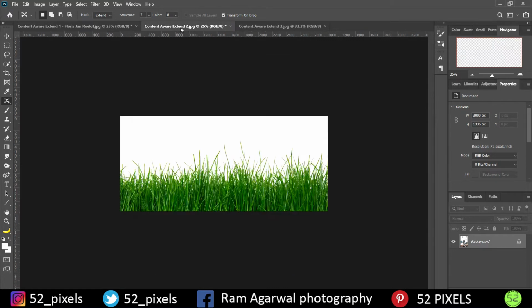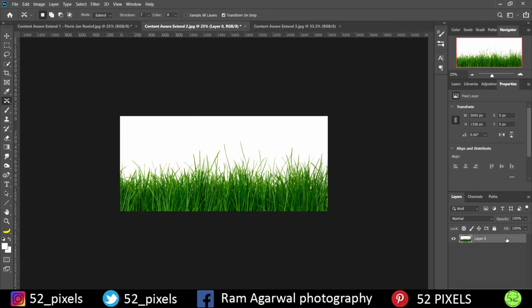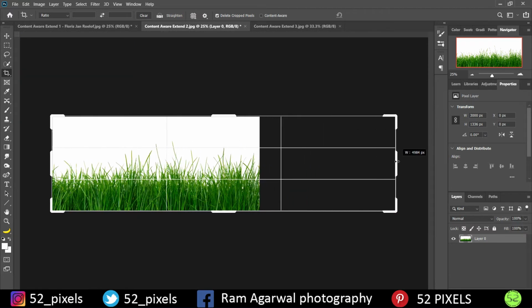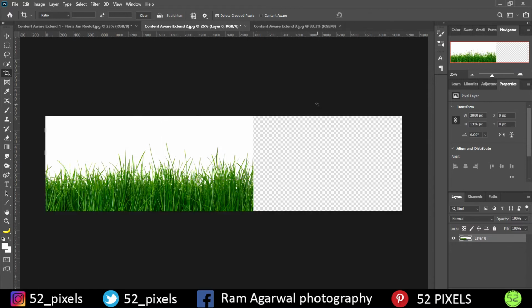Moving on to the next image over here, I'll rename the layer. Layer 0 is fine for me. I just wanted to remove the lock. Now if I want to extend this image, I would just go to the crop tool and extend it around somewhat like this and press enter.